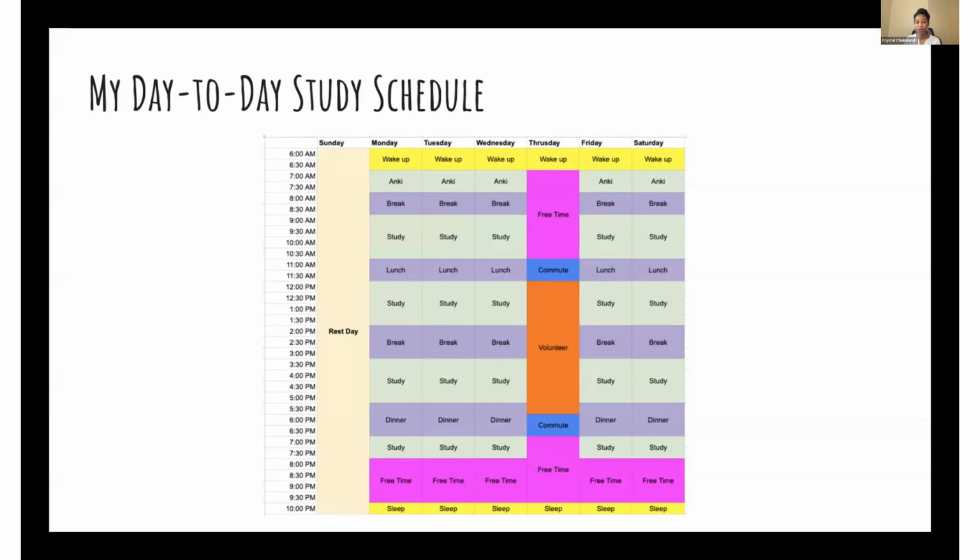But yeah, if you guys want to use something similar or make it your own, feel free. I just wanted to point out that if you look at the colors, the studying is in green, and everything else is my own time. So I did have a lot of free time or rest time or breaks or lunch breaks, dinner breaks built in. So even though I was studying full time, it's very manageable if you intentionally put in those breaks. And I always got 8 hours of sleep, so I never had to pull all-nighters either. That is great to hear.